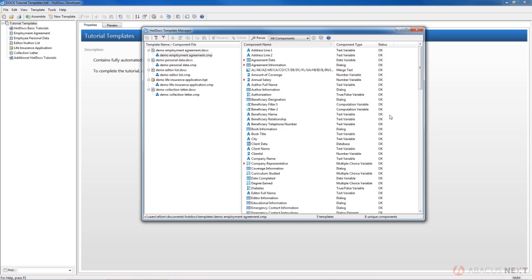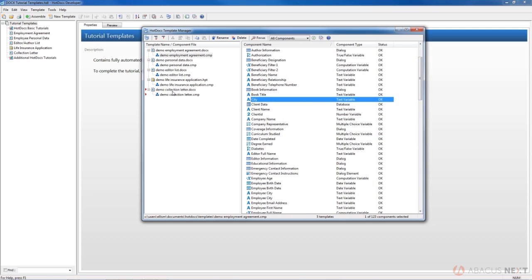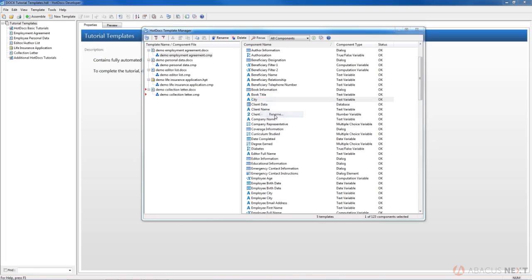Okay, so we'll switch it back to all components here. Another thing that you can do is rename a variable. So if we wanted to select a component over here, I've selected the city text variable, and that's used in the demo collection letter. So if I wanted to change that to where it said client city, then I highlight the component that I want to rename, and then I right click and go down to rename, and it's going to